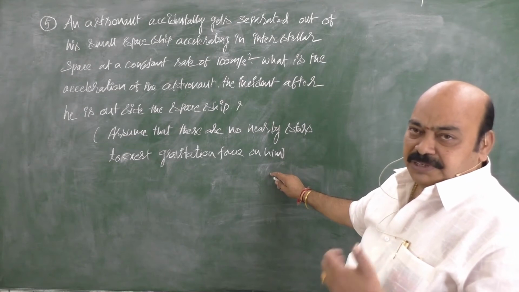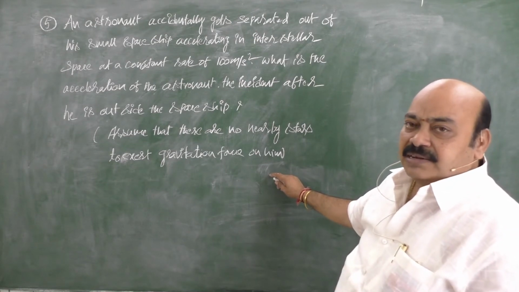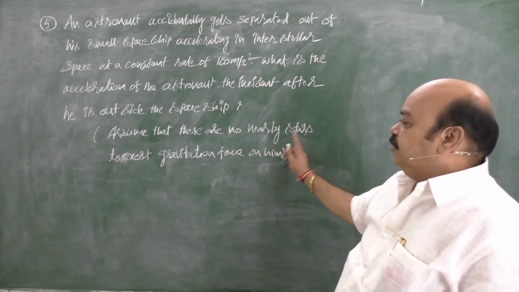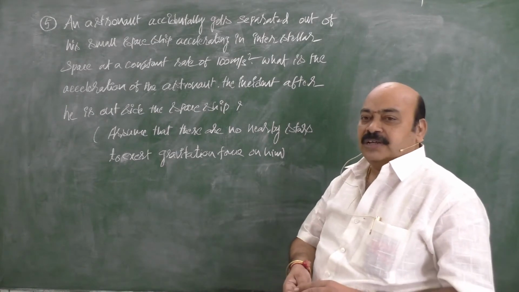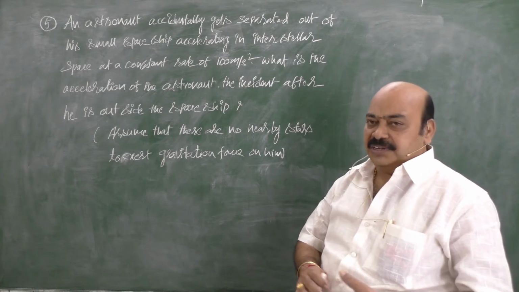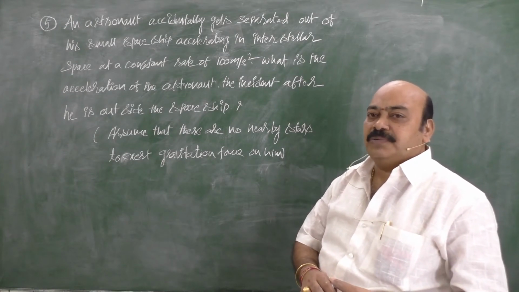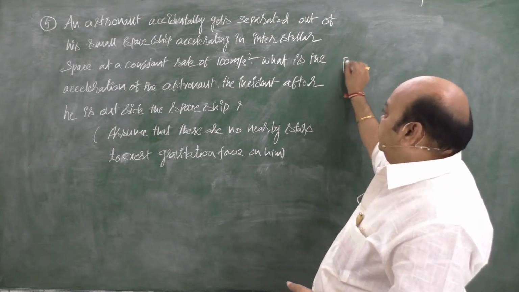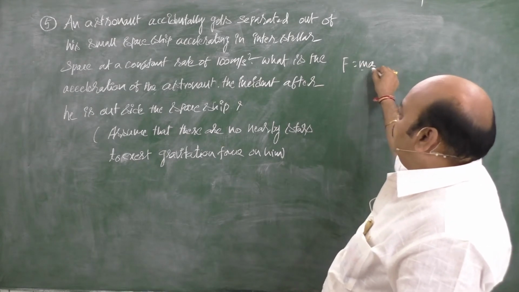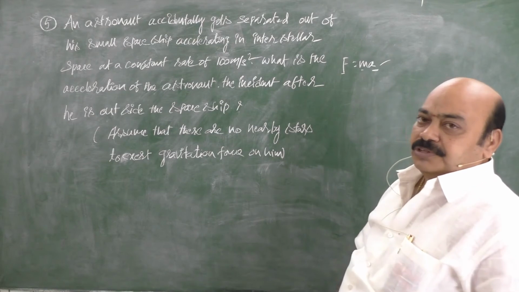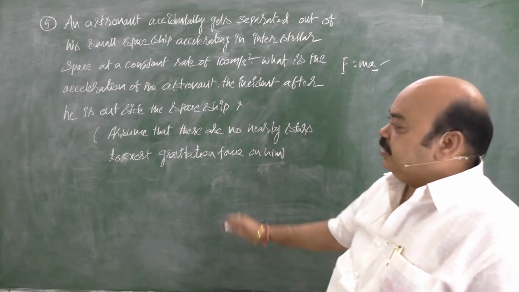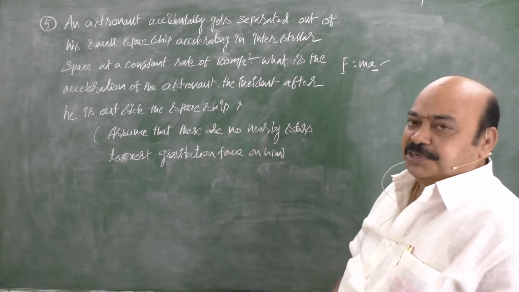He is in space, that means he is out of the atmosphere, hence Earth's acceleration due to gravity does not act on him. Moreover, there are no nearby stars which exert gravitational force. So there is no possibility of a force acting on this astronaut. Since there is no force, there is no possibility of acceleration, because force is nothing but the product of mass and acceleration. With no net force, this becomes 0. So he experiences 0 acceleration when he bails out from his spaceship.